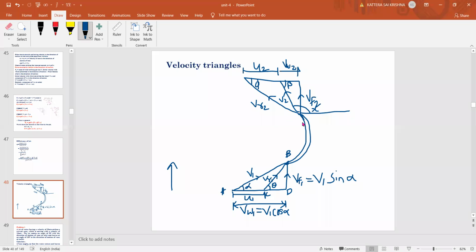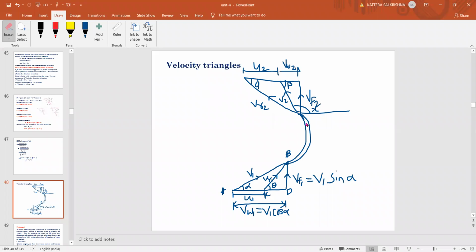Because they will tell that the jet is coming out at an angle of some 130 degrees with respect to the movement of the blade here. So the blade is moving in X direction, and there will be a deflection given to the jet which is coming out as V2. This angle will be given in most problems, and we need to find beta by using this. Any doubt in this? If you are able to understand how to draw this, then only you can solve the problems.